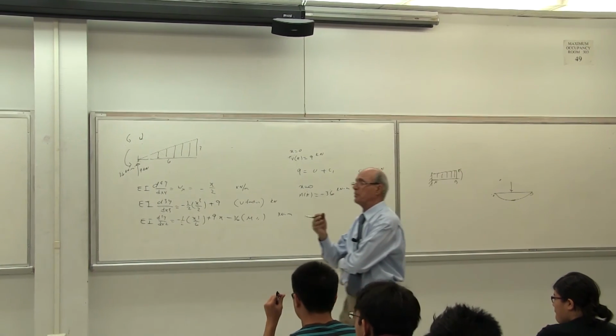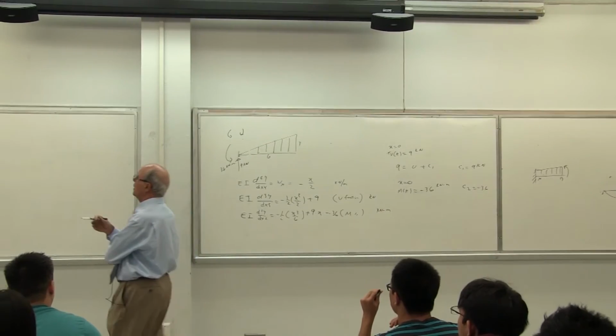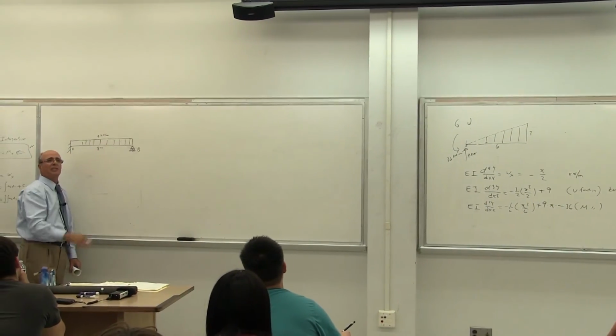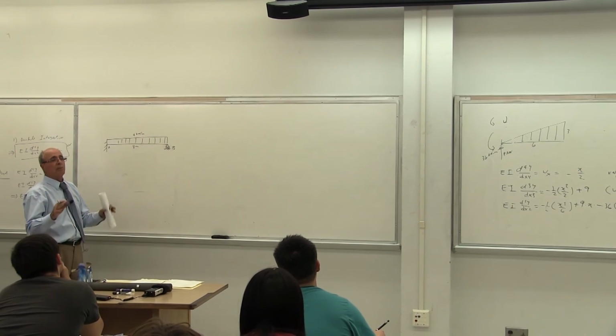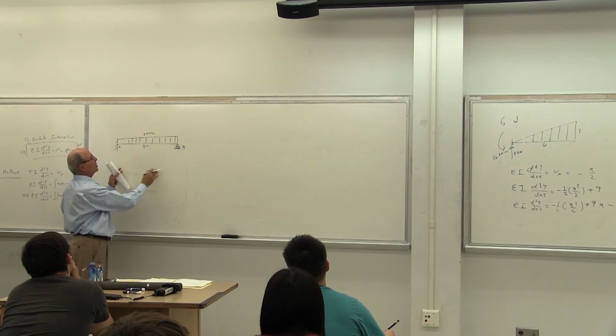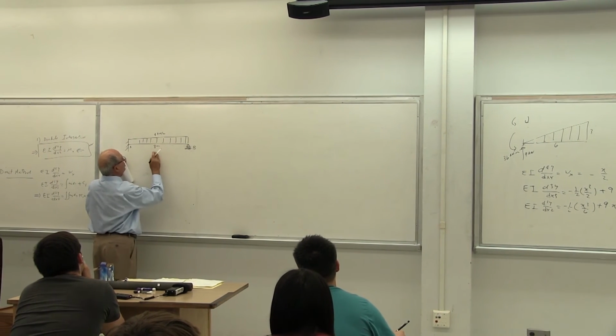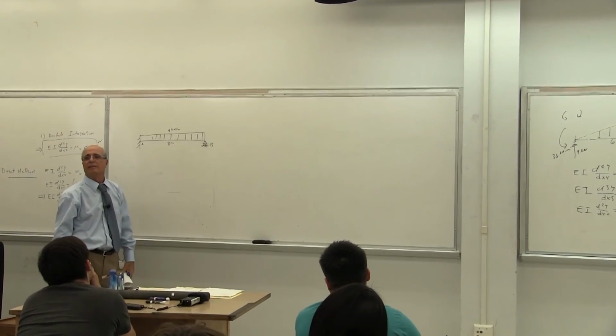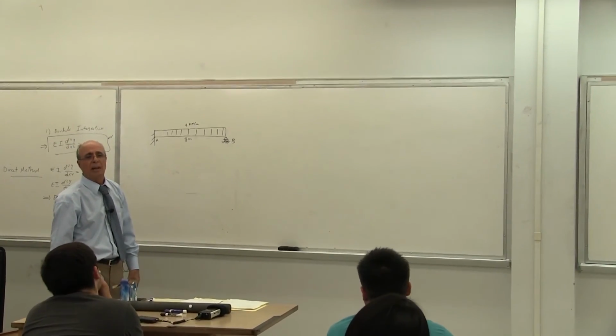Quite frankly, if we are being serious, this is what they do. They write RA plus RB equal to 4 times 8. That's true. Is that 32? Some people make this drastic mistake. They think this is symmetrical. They put here 4 times 8, 32. They put here 16 and 16. Is that correct? No. Absolutely not.